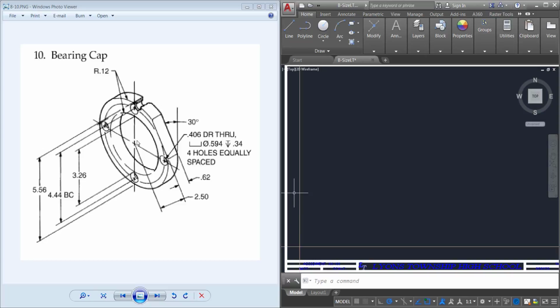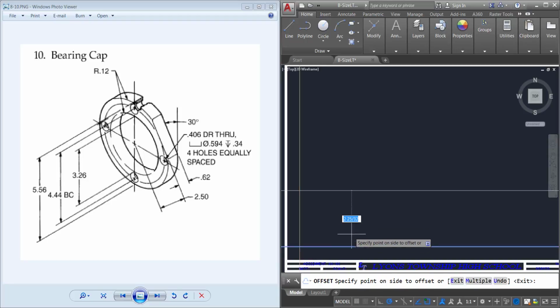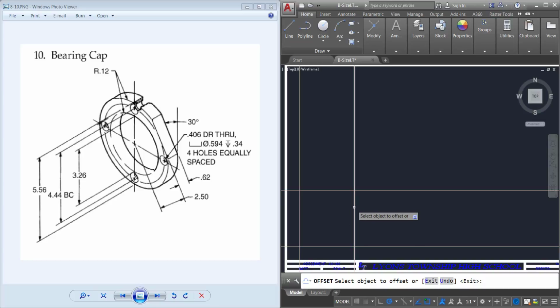So I want to find the center point of this circle. I know the diameter of this largest circle is 5.56, so I'll divide that by 2. That's 2.5 plus 0.25 plus 0.03, so it would be 2.75 plus 0.03, 2.78. So I'm going to offset 2.78, and I'm going to go up, and then I'm also going to go right. Because that's the radius, I could also go right again and go up again, and that's going to be